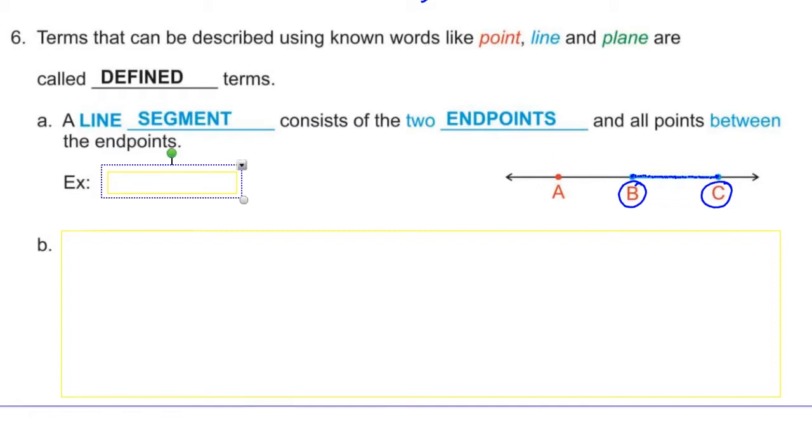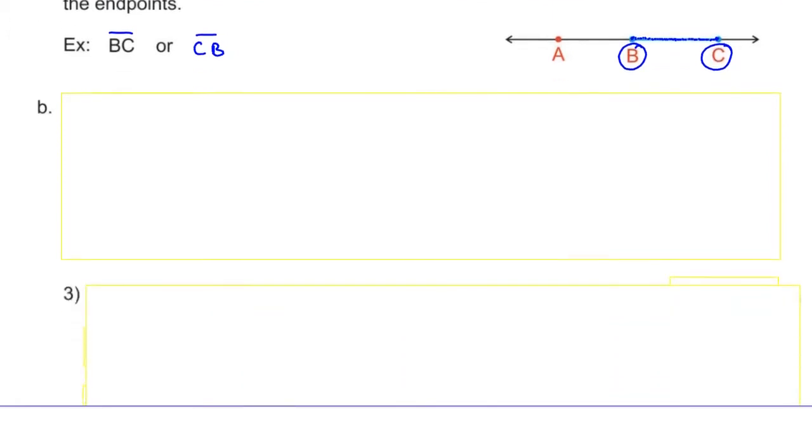Okay, how do we say a line segment? Well, you got to use the 2 endpoints. We have to use point B and C. And then the segment symbol over top, which is just a line without the arrows. So line segment BC. How would we say this same line segment another way? Well, we can reverse the order. That's the only way to do it. Line segment CB. So it's all the points from B all the way to C, including the endpoints, point B and point C, a line segment.